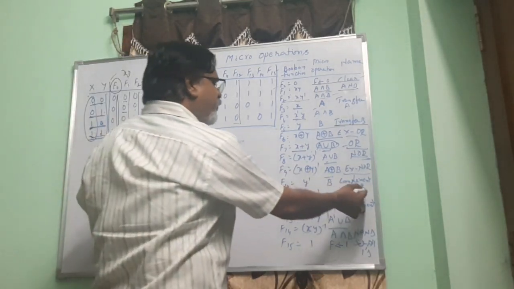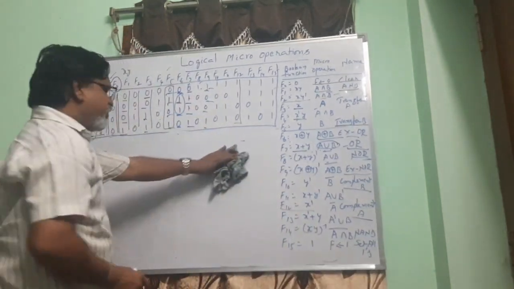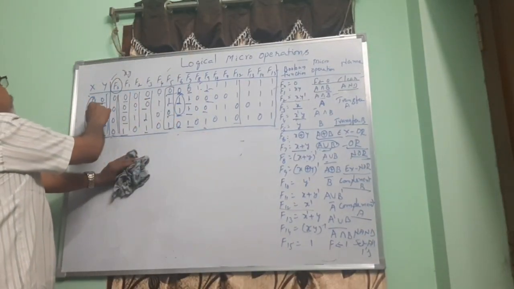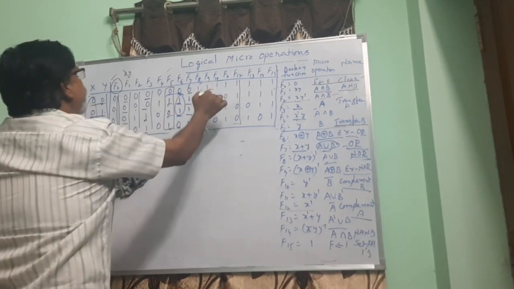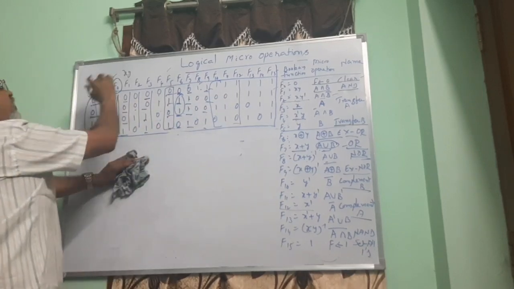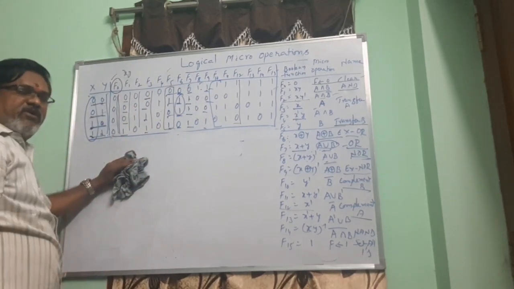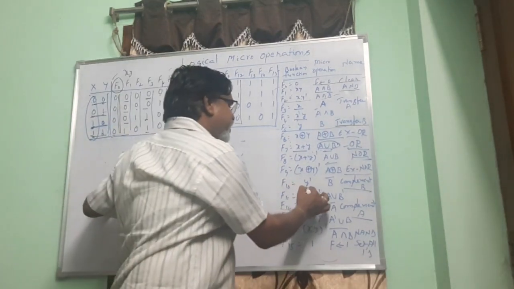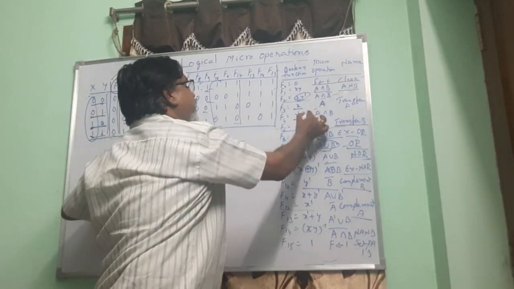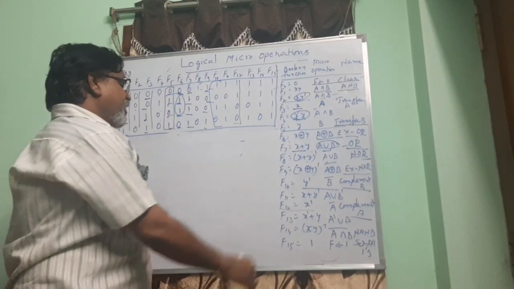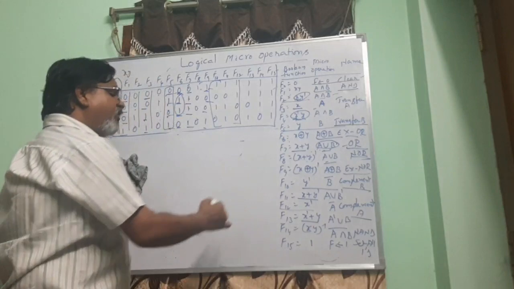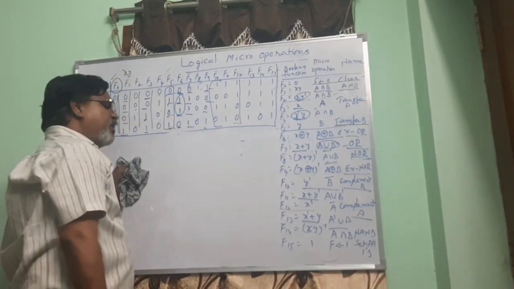Now we will see complementing of A and complement of B. So F10, you just see the F10 value. When the input is 0 1 0 1, F10 is 1 0 1 0. That is, all the y values are simply complemented irrespective of the x value. So F10 stands for complementing B. Okay, F11 and F13, like x y bar and x bar y bar, even though they have no direct meaning, F11 gives you x plus y bar and F13 gives you x bar y bar. They will be used in the simplification of your Boolean expressions.